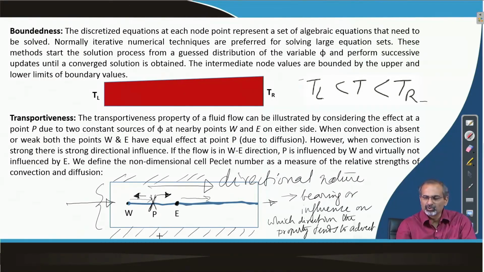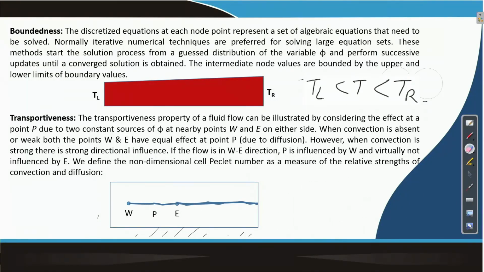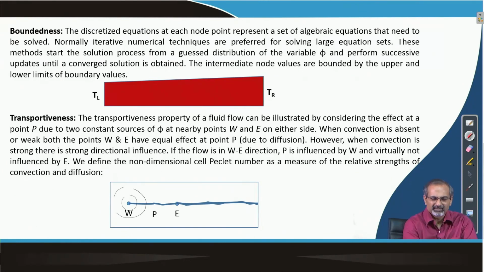If the flow stopped altogether, for example, the dyes will not spread this way at all. What you expect is then that through molecular diffusion, you may get a situation like this, that gradually it spreads this way, and then both the dyes at W and E start influencing the point P after a long duration, purely driven by diffusion, and then both points W and E seem to be affecting the point P. In the earlier instance, it was not like this.